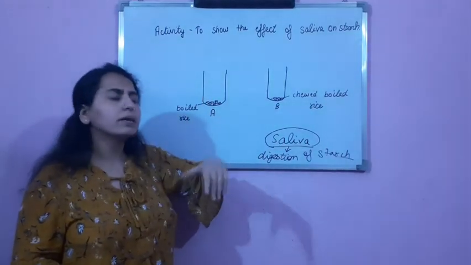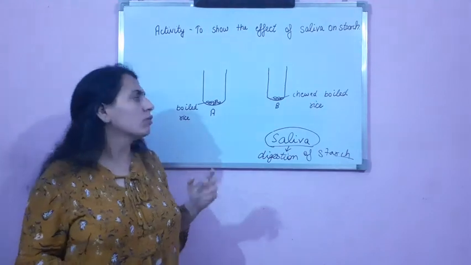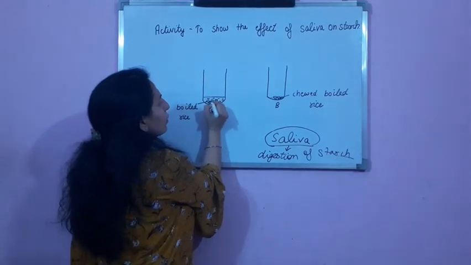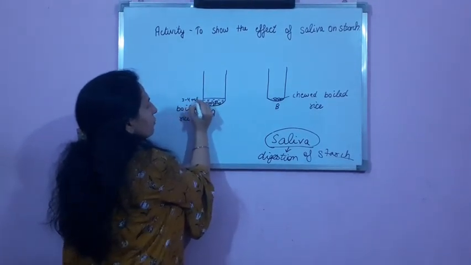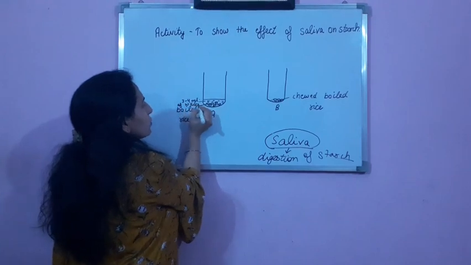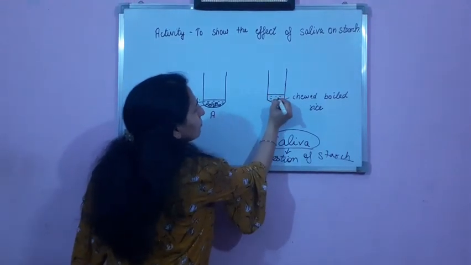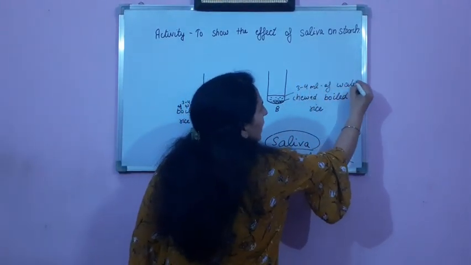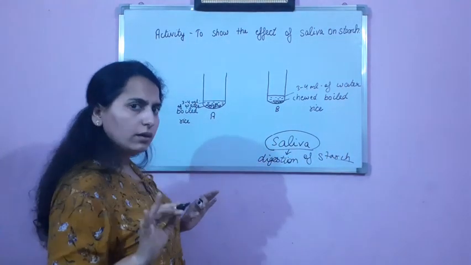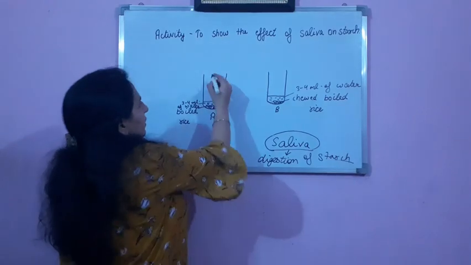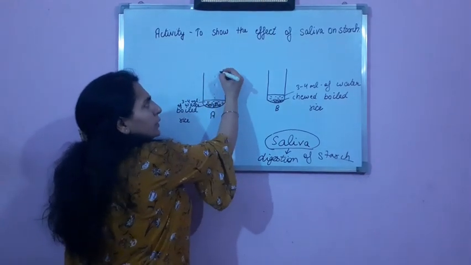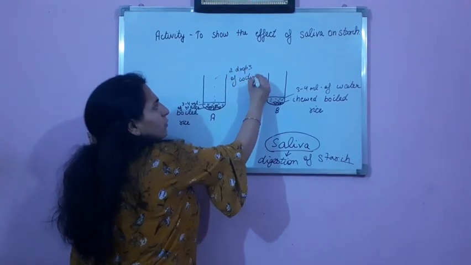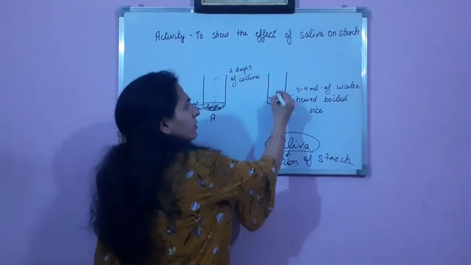But before adding the iodine, I'll put 3 to 4 ml of water in both the test tubes. So here also, I'll be putting 3 to 4 ml of water. And in that test tube also, I'll put 3 to 4 ml of water. So, now, the next step is we have to add iodine solution. I'll be adding 2 to 3 drops of iodine with the help of a dropper. So 2 drops of iodine I'll add with the help of a dropper. Here also I'll add.